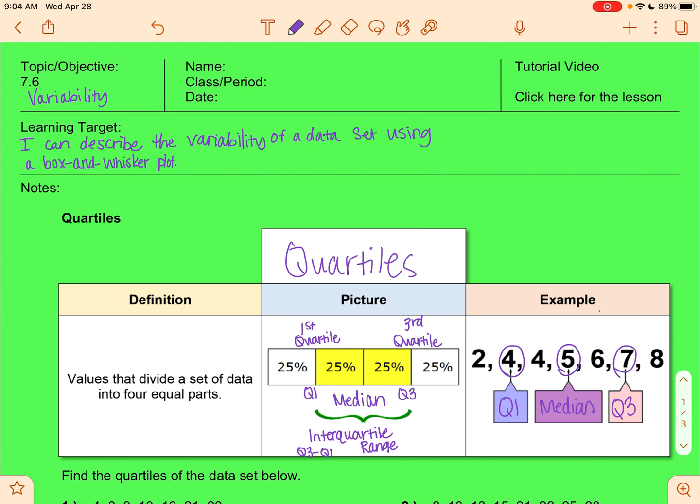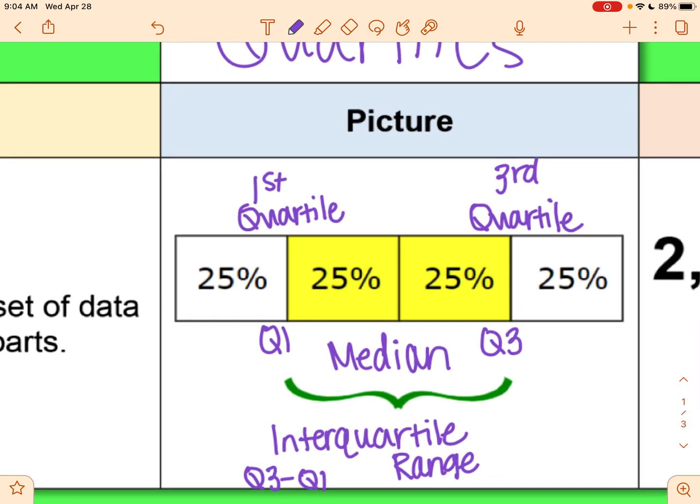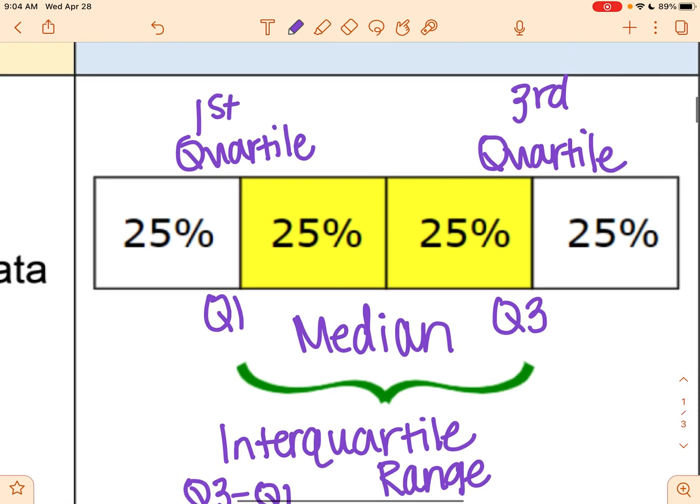So let's get started. Our first vocab word is quartiles. Quartiles are values that divide a set of data into 4 equal parts. So if we take a look at this picture, right here in the middle is your median. That's your middle number. But then we want to break it down even further. Halfway between your smallest value and your median is called quartile 1, the first quartile. And then on the other end, halfway between the median and the biggest value is called quartile 3, which